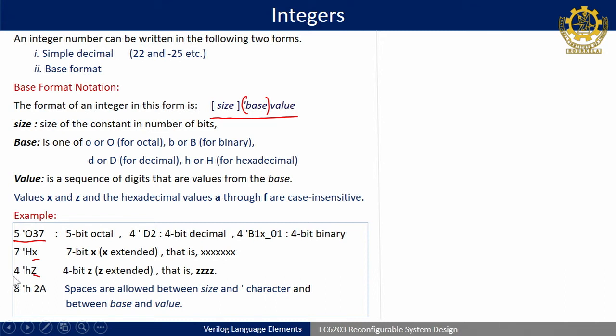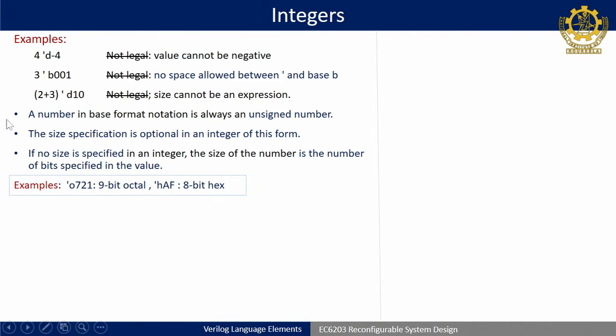Okay. Similarly, what they are telling here, if you see, after this tick and base, or before this, spaces are allowed. So between the tick character and the base, and the value. Means the tick character with the base, before this and after this spaces are allowed, but within this spaces are not allowed. Okay. So that we will see here.